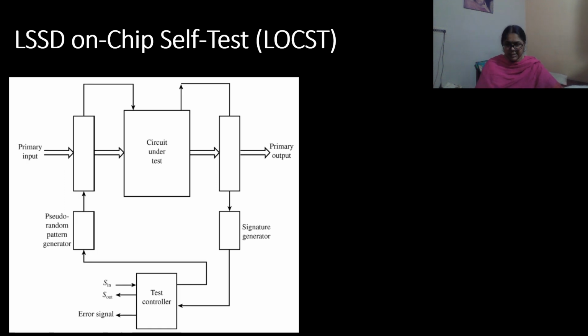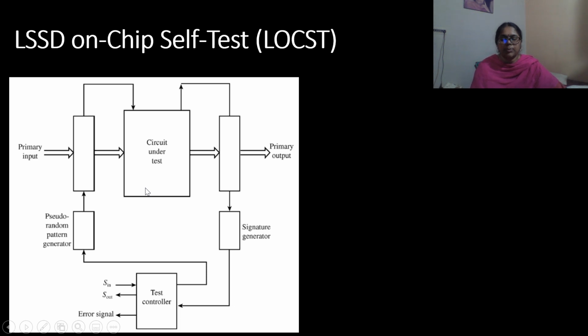Next is LSSD on-chip self-test, or in short LOCST. It combines pseudo-random testing with LSSD-based circuit structure. The inputs are applied via boundary scan cells, and the outputs are also obtained via the boundary scan cells.